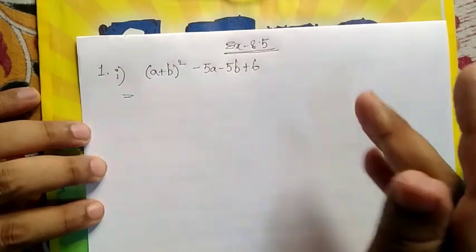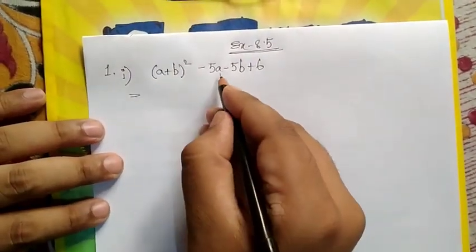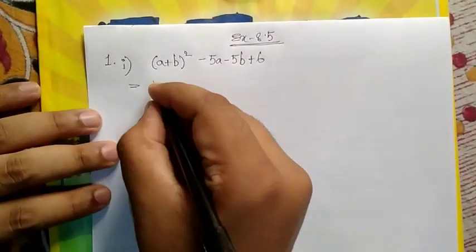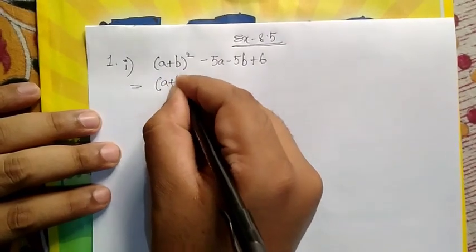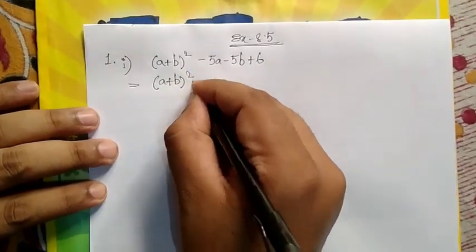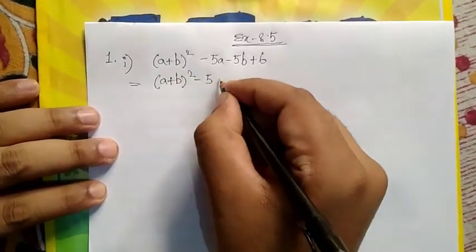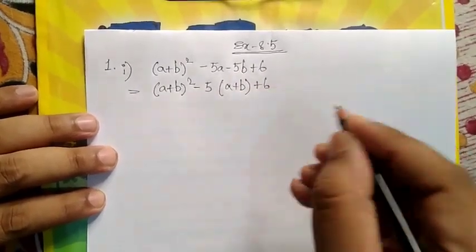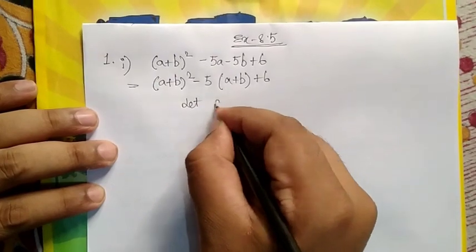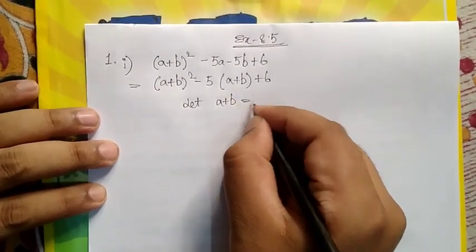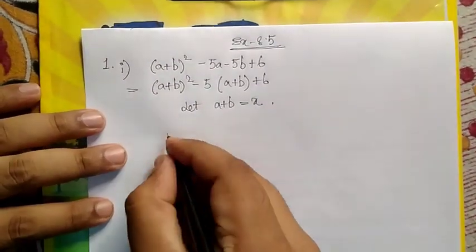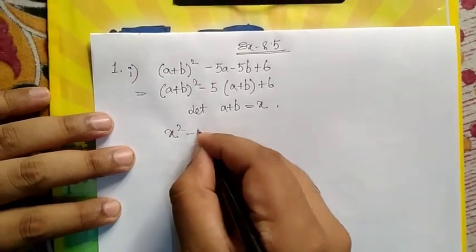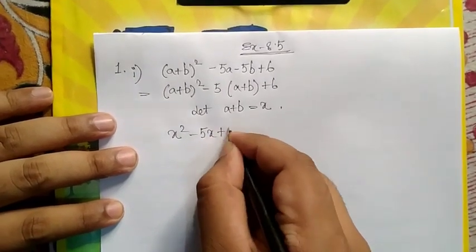Exercise 8.5, sum number 1 part 1: (a plus b) whole square minus 5a minus 5b plus 6. First of all, (a plus b) whole square, taking minus 5 as common, minus 5(a plus b) plus 6. Let a plus b equal to x. So therefore x square minus 5x plus 6,